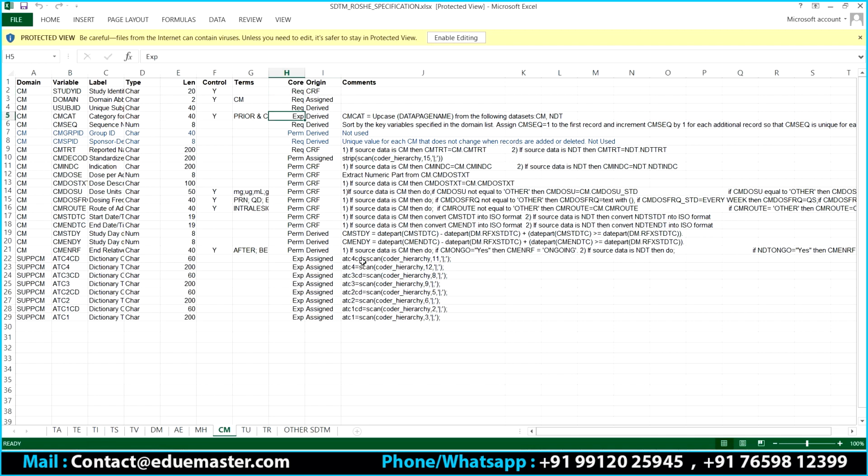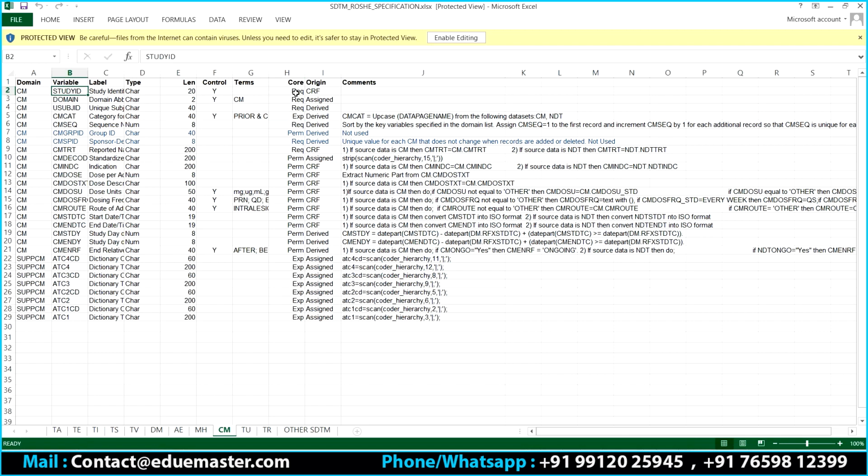And you can see something called EXP. EXP stands for expected, right? Meaning these variables are supposed to be part of your dataset, but they can have missing values as well. That is, study ID cannot be missing. There is no study ID which can be missing.